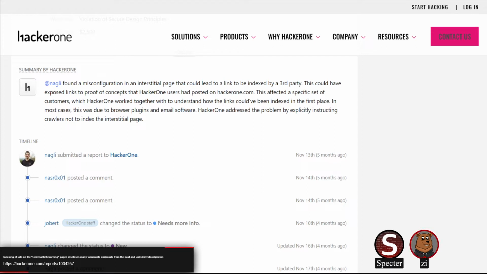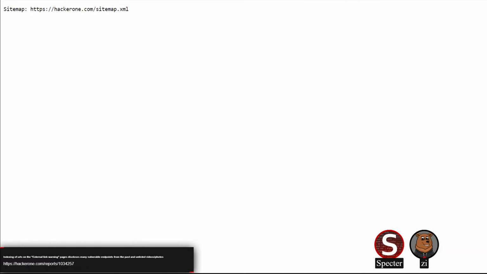But it was still an interesting aspect, I thought. I would have never really thought to look for caching of those URLs. It's something that you can easily just skip your mind. So anywhere that had an external link to a POC or an image or whatever could potentially get leaked. The fix was basically to explicitly tell crawlers not to index the page. That netted them a $2,500 bounty, so not bad.